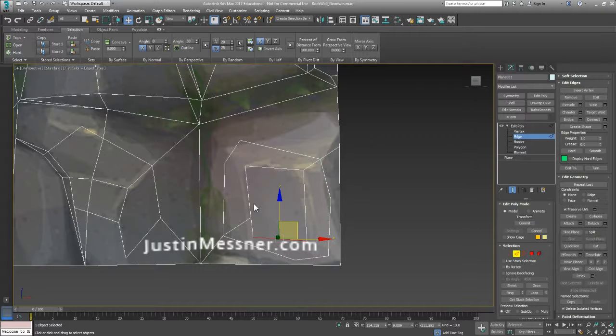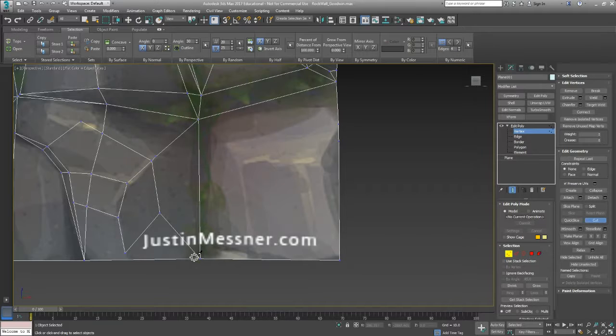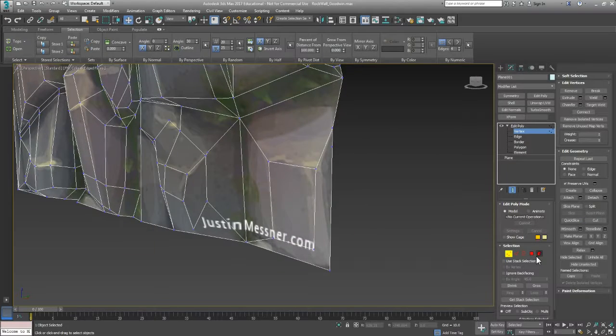But let's just say this is all correct and you get glitching. One of the only ways I've found to do that is just take the edges that are all glitching and just backspace, delete them, and restart over. Generally, I like to start in points mode and come out from a corner and go from there, so that you can get a feel for it, and you can connect your dots, and you can just right click when you're done, right click again to turn off the tool,